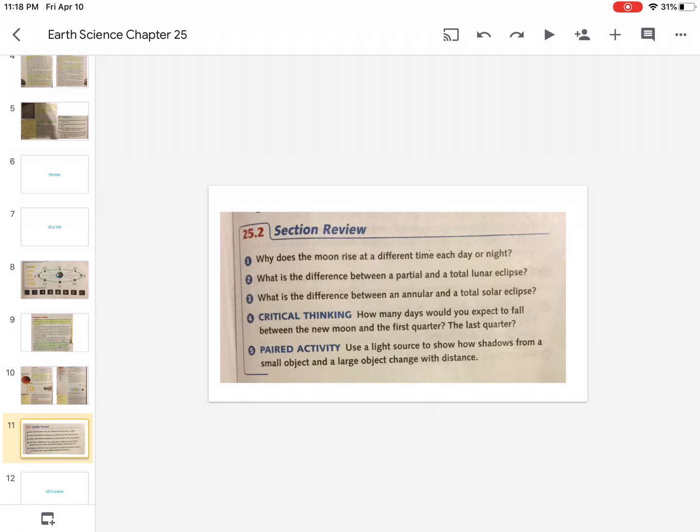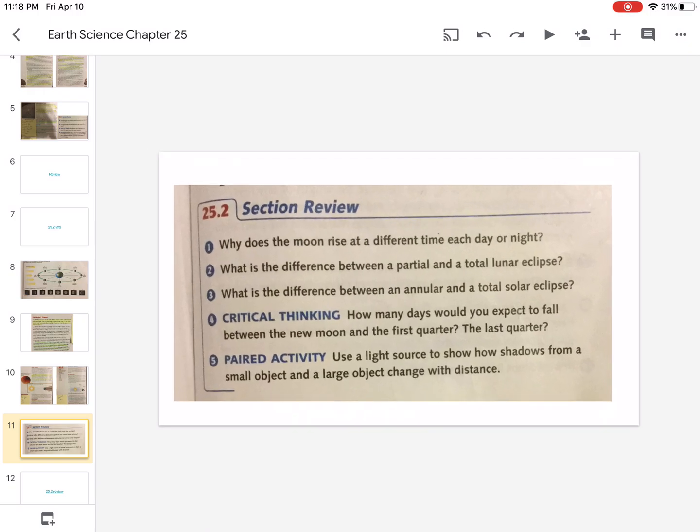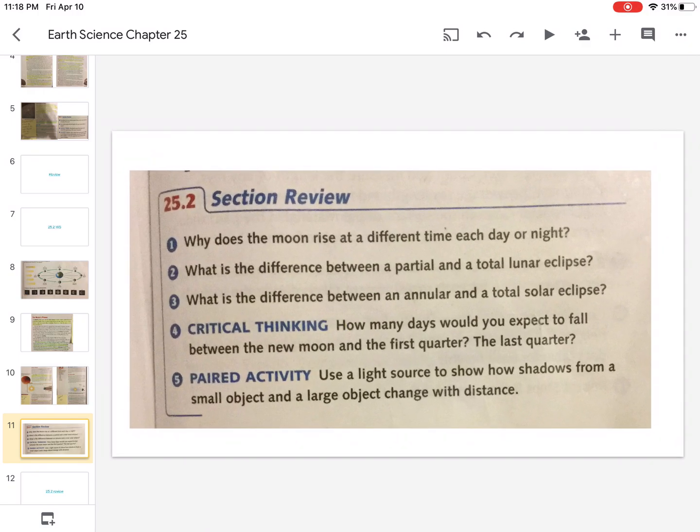These are review questions. Why does the moon rise at a different time each day or night? What is the difference between a partial and total lunar eclipse? What is the difference between an annular and a total solar eclipse? Critical thinking. How many days would you expect to fall between the new moon and the first quarter, the last quarter? And the last one is a paired activity that I don't believe you need to do. Okay, so number one,